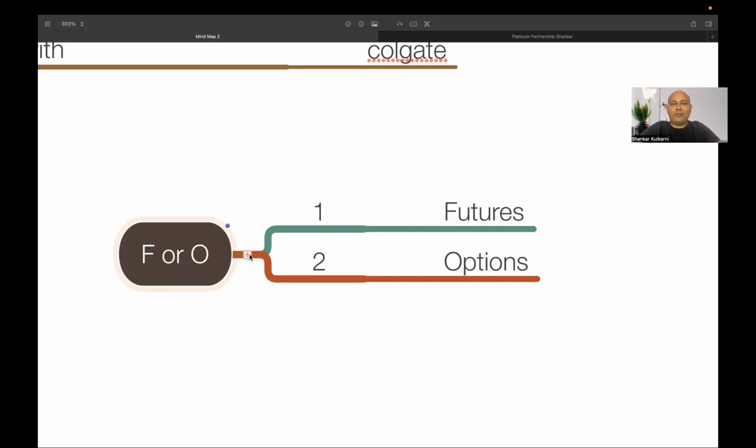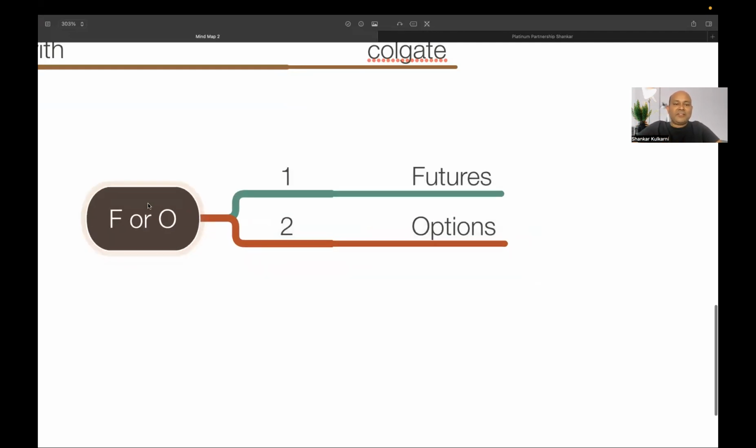One of the homework for all of you is to find out each of the stocks and their lot size, and let me know in the comment box. Stocks and their lot size: Nifty ka lot size, Infosys ka lot size, HDFC ka lot size, HDFC Bank ka lot size. Will you do that? Type yes in the comment box if you can take this homework. Very important homework.